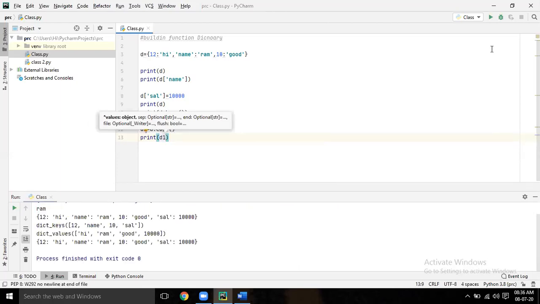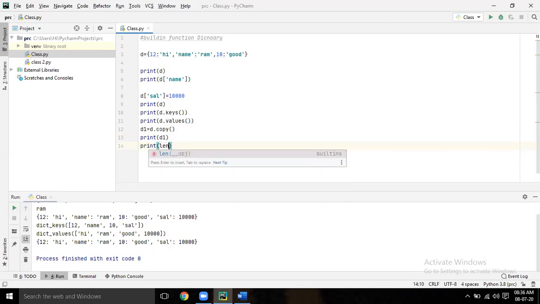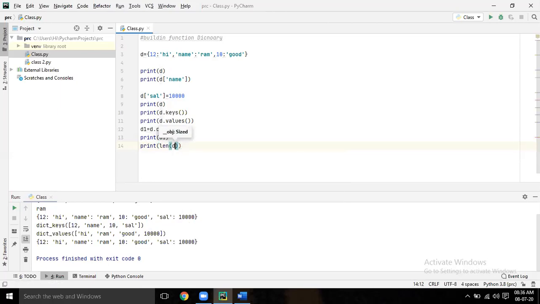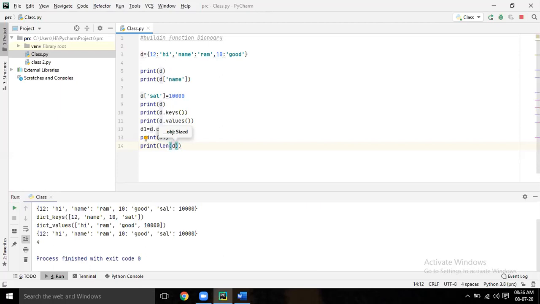So you can copy like that. Length: print len of D. Run it. So that is the length of the dictionary. Like that you can do all the operations in the dictionary.